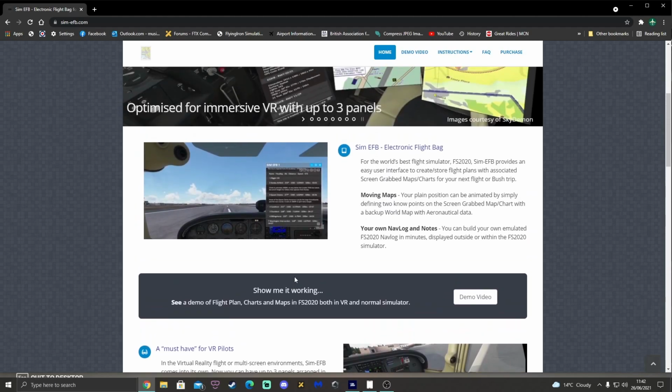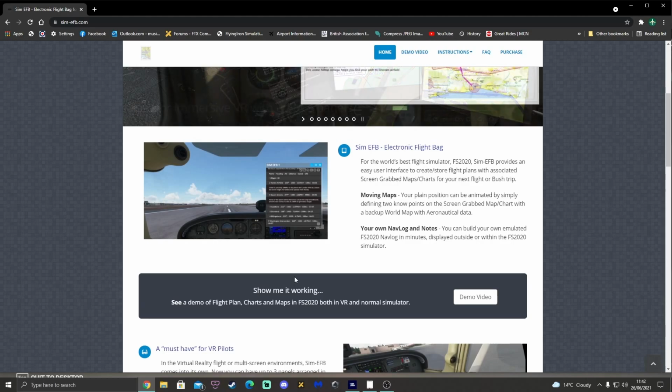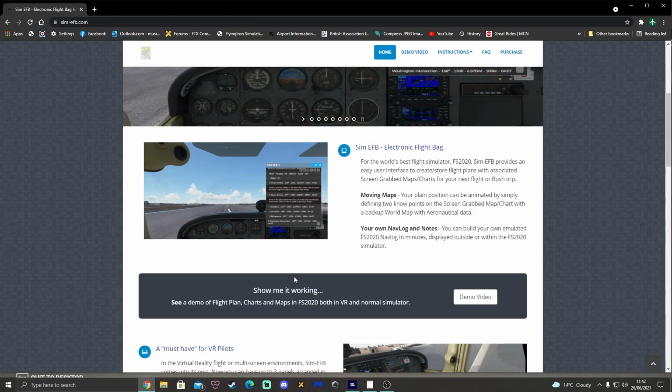We're going to do that today on a very simple little trip. We're going from Kidlington, Oxford, beautiful Pilot Plus airfield, which, by the way, there is currently, at the time of